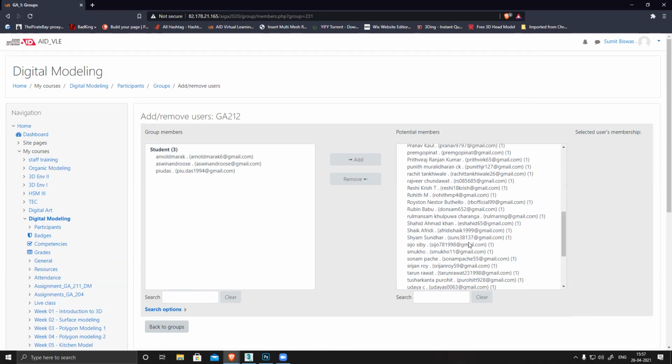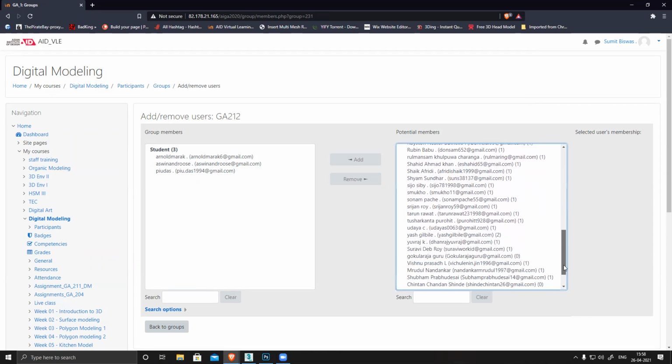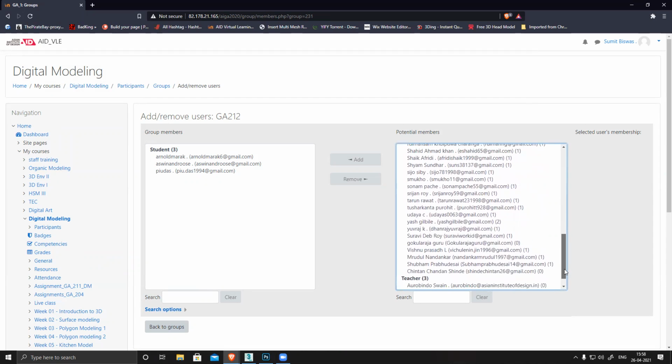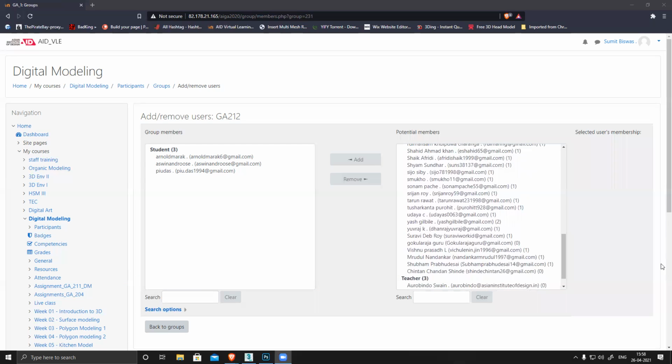What is your email ID? Hello. Yes, tell me. Sir, my name is not there. Actually, my mail ID is premgopinath@gmail.com. Yes.